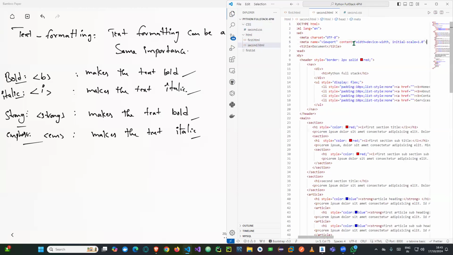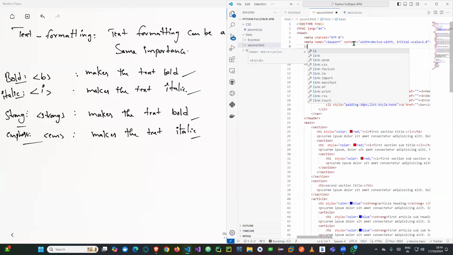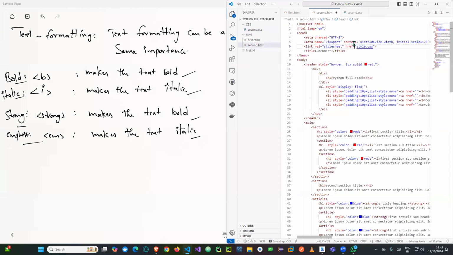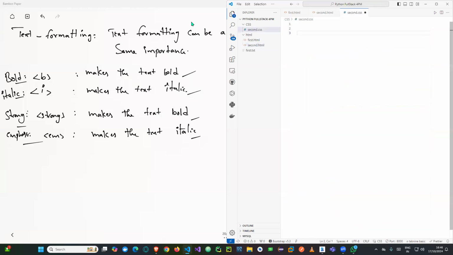And we can link the CSS here in the head tag, as we discussed yesterday. To link the CSS, we must use the link element, link tag, with rel stylesheet and href. Href means the hyperlink of that reference, meaning where that CSS file is. We can go with CSS and second dot CSS,